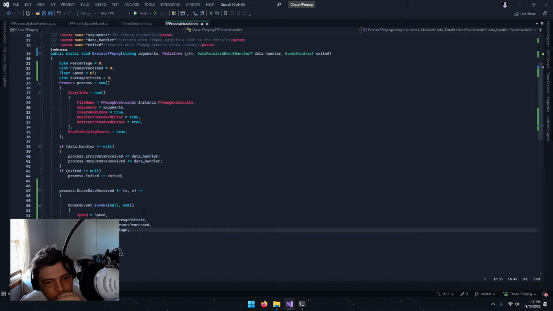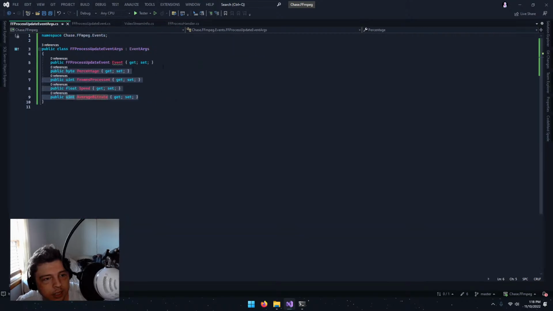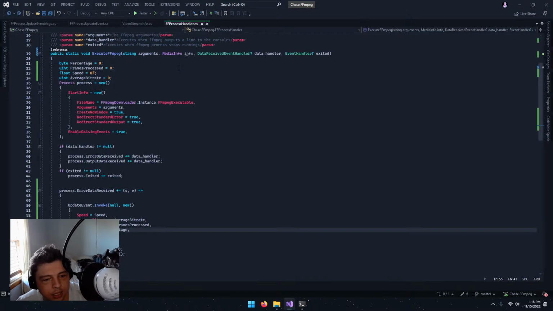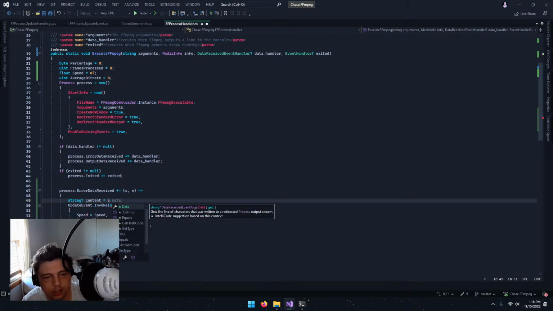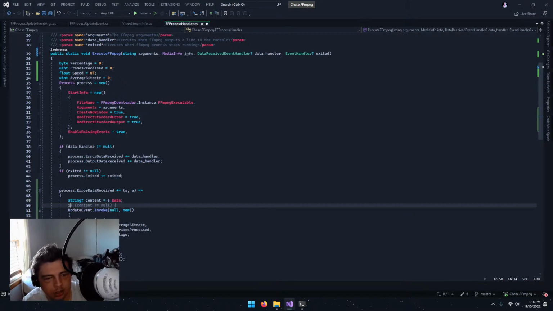And I'm actually going to go back to this, and I'm going to remove that because it doesn't make sense. And I'll say if string content equals e.data, and if